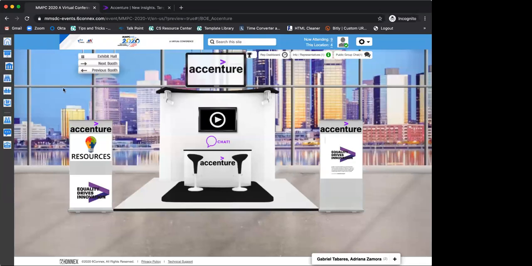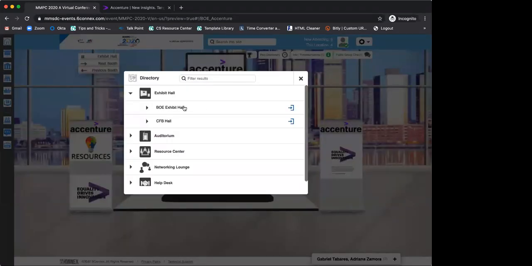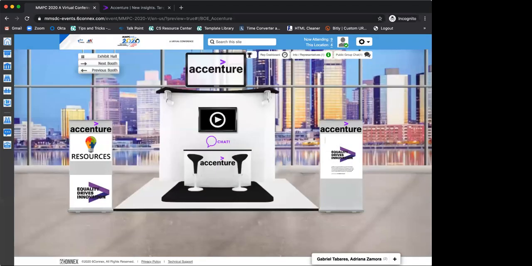So I'm going to click here, and you have right now 2 exhibit halls, right? The first one is for the career fair. Once we have the other one enabled, you're going to be able to click on that and go to your booth. But only one exhibit hall will be active on the day that is active. So you don't have to worry about picking between the two or getting confused between the two.